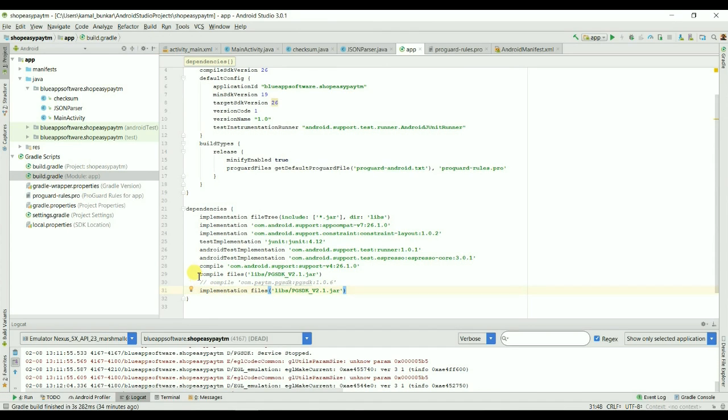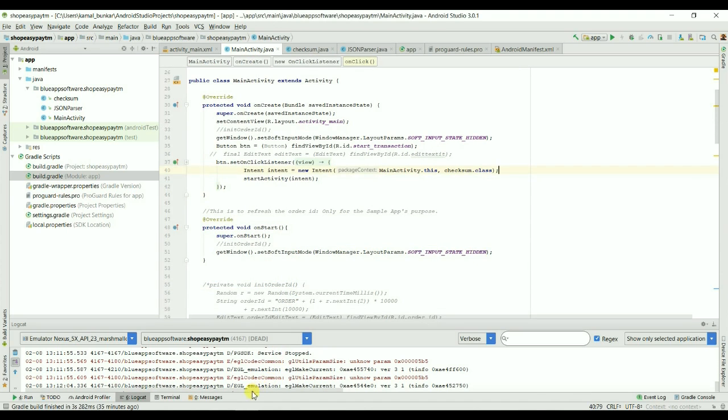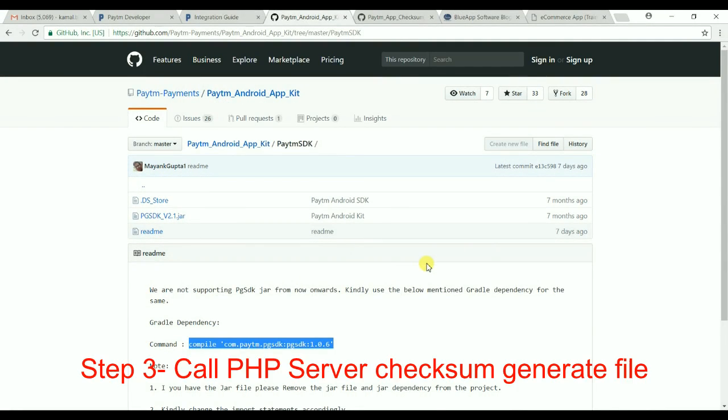If you are using an earlier version, you can use compile with your jar file location. Once this is ready, our two tasks have completed. The third task is to send a request from Android to the PHP server and receive the checksum. The PHP server will give you a checksum.